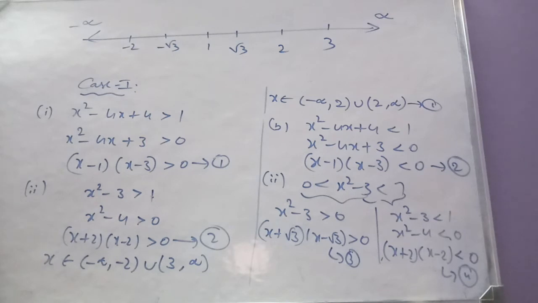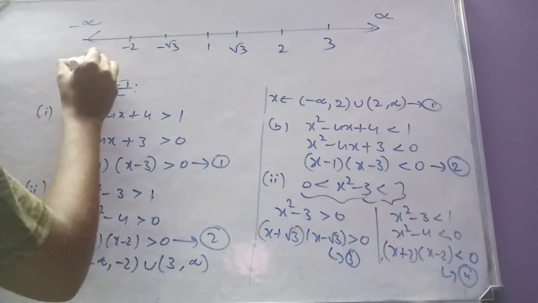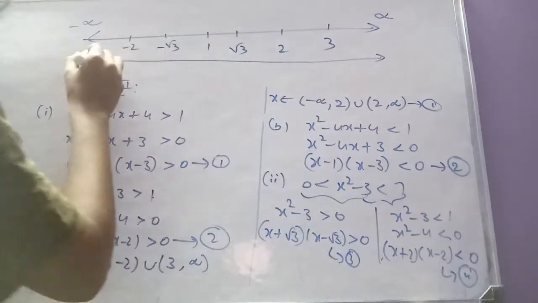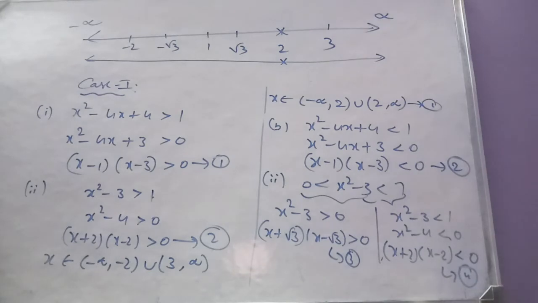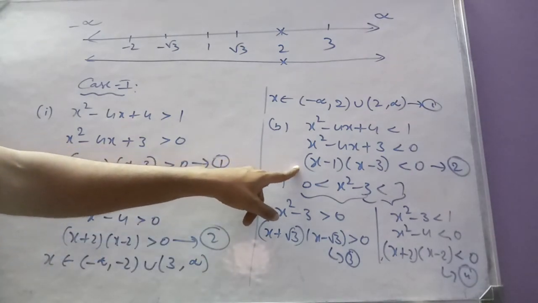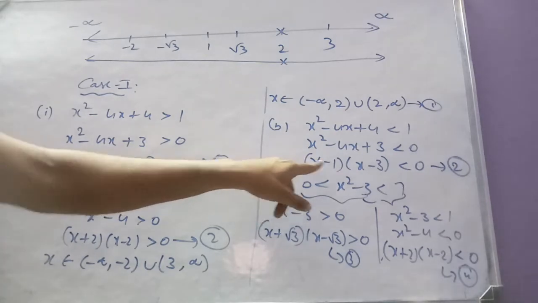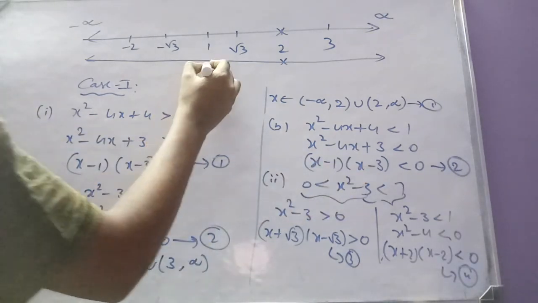Fine. So first of all, the first inequality says that we can take all the number line except 2. So 2 should not be taken, remember that. 2 is not there. And then this says that you can take the interval between 1 and 3.